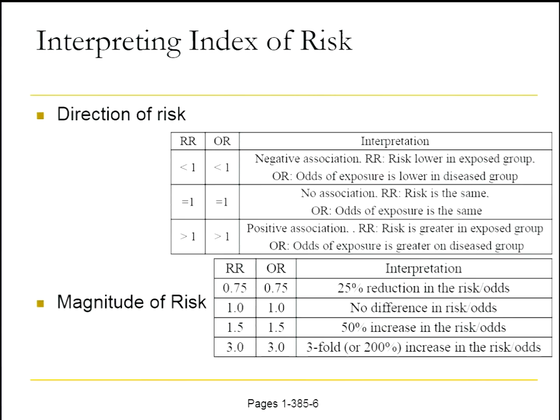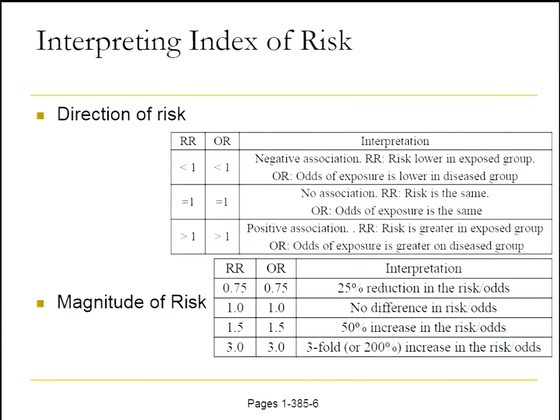So let's look at the direction and the magnitude of an odds ratio and a relative risk and make some conclusions about what these things mean. The first table, on the upper half of this slide, describes how to interpret the direction of risk. You have a relative risk and an odds ratio, and these two things mean slightly different things. We're just going to focus on whether there's a negative association, no association, or a positive association